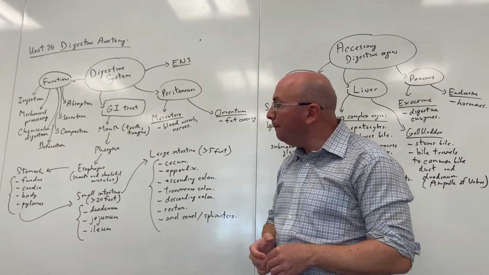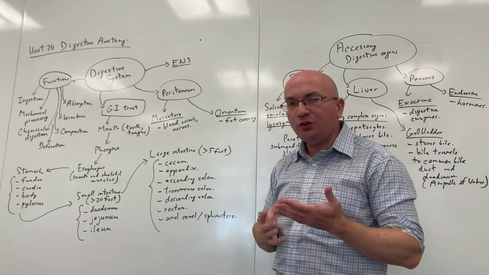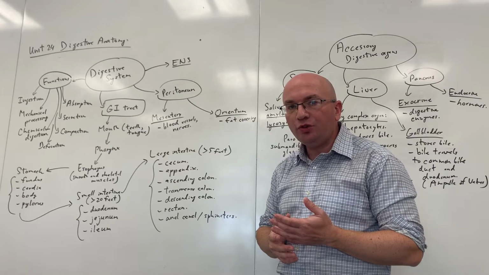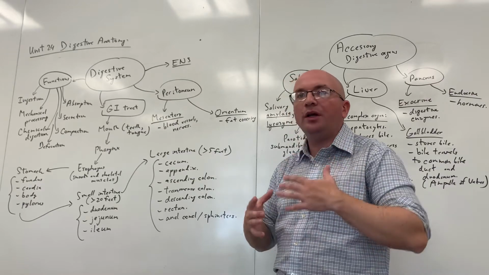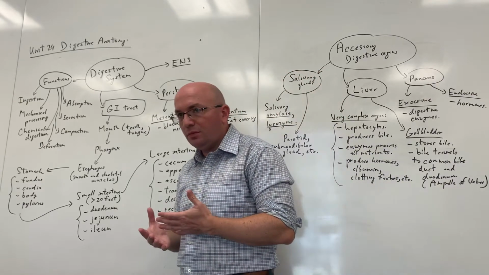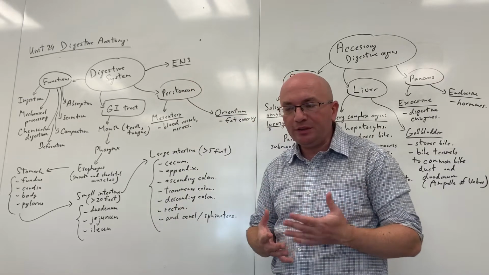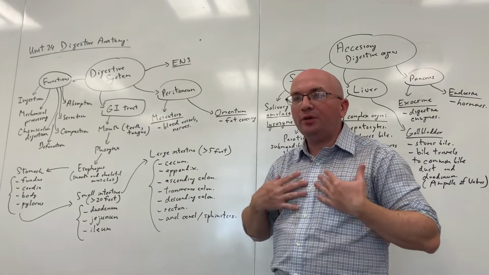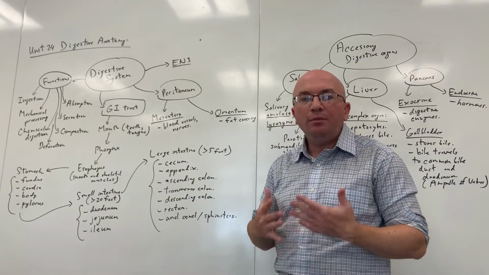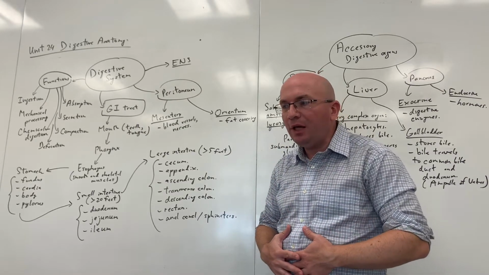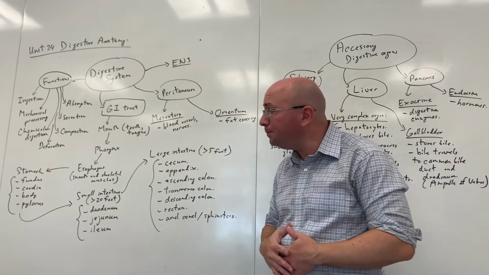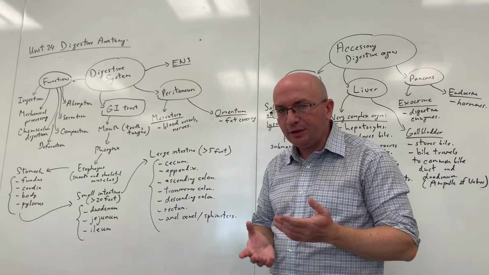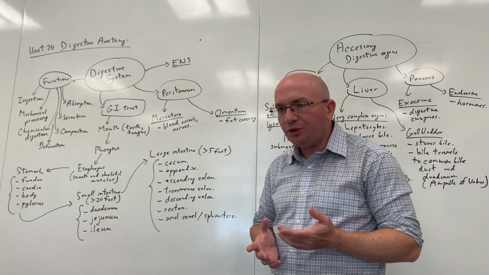Now, obviously, this topic is extremely important to visualize, so make sure you're looking at all the illustrations of the organs, where they are located, and what their general appearance and placement is in the body. Obviously, we start here with the head and neck anatomy and progress through the body. Ultimately, most of the digestion takes place in the abdominal cavity, so below the diaphragm. And so, again, keep that in mind as you're studying this topic and looking at all the pictures and reading